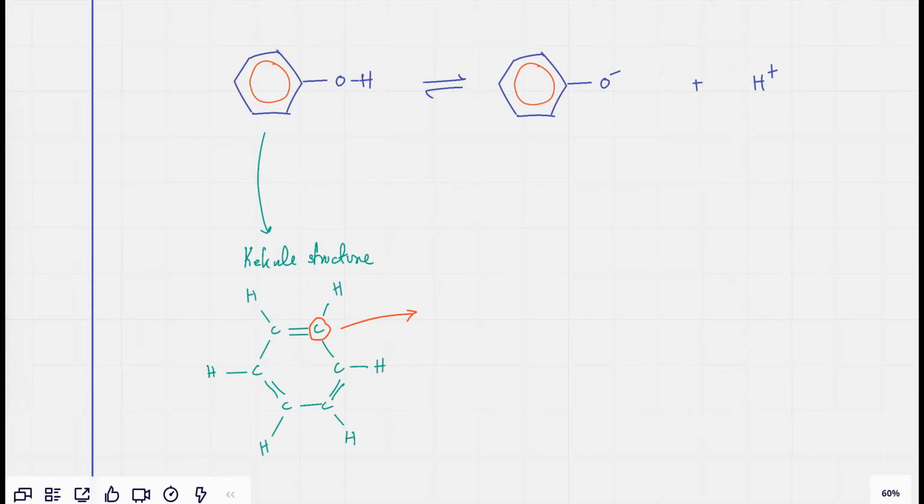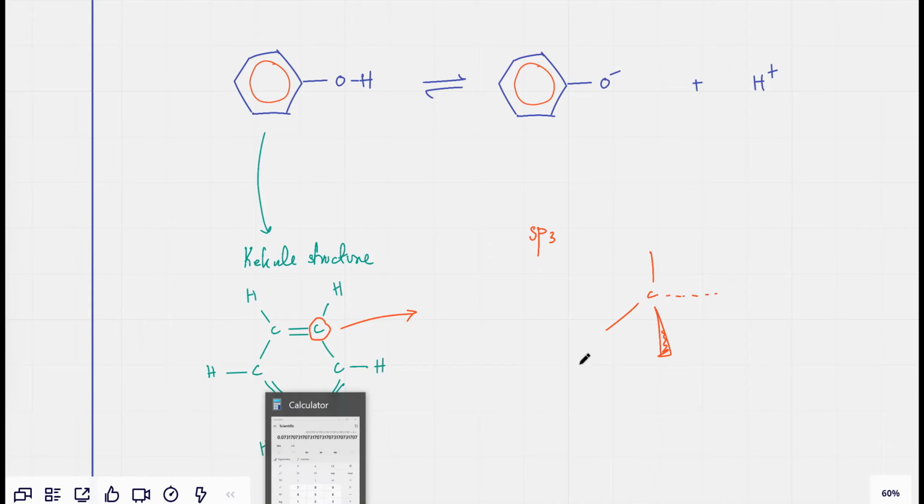If it forms bonds with 4 different atoms, then all the 4 electrons bond in 4 different directions. That's a tetrahedral arrangement, and the 4 single bonds are formed. So this is not 4 single bonds. This is